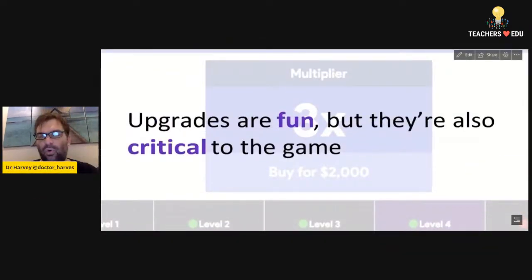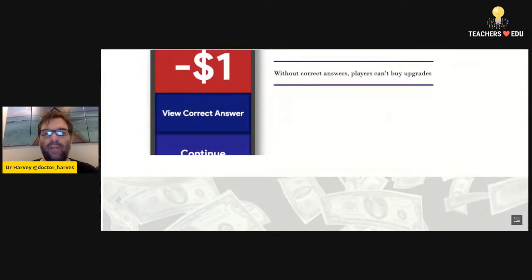So you've got level 1, 2, 3, 4. So as you go up the levels, that multiplier value increases, okay, because everybody's obviously trying to gain these multipliers, gain these advantages. So again, the AI in the background's working to increase those values based on the rest of the players, okay? And if you get questions wrong, you can't buy upgrades, okay? So it means you have to be getting answers correct before you can start buying the upgrades, okay? So still, there is that getting answers correct thing.